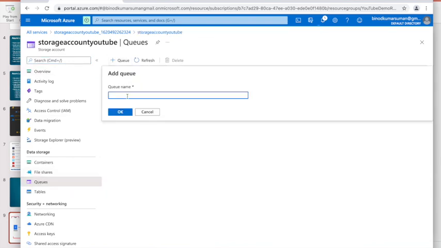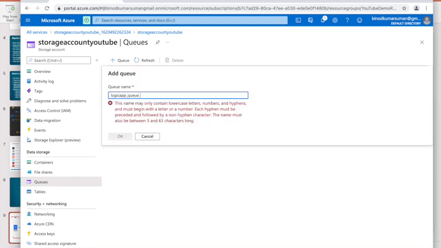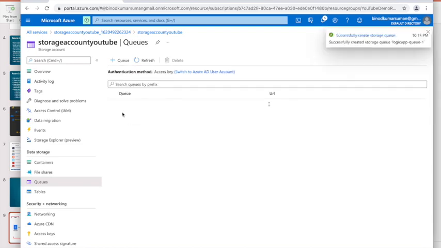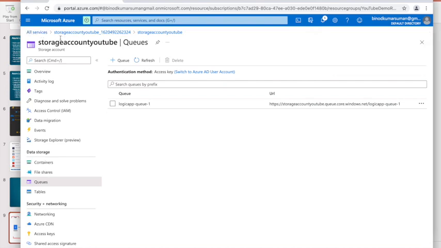So I will give the name Logic App Q1. Hit the OK button and it is successfully created. Now everything is done. You will be here. Let me open one new tab,